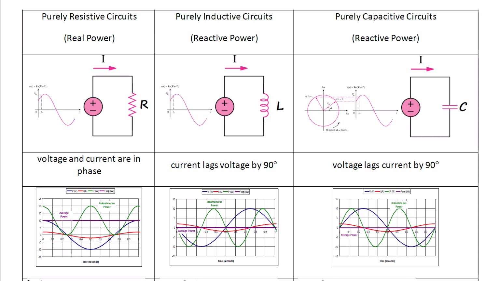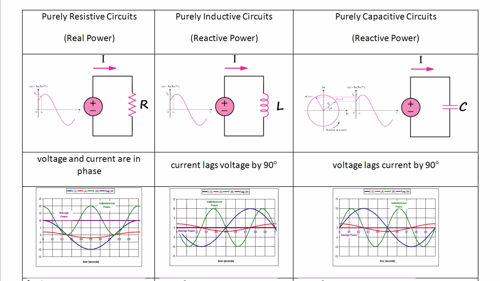resistor that the voltage and current are in phase, and p(t) is double the frequency, and the average power is a non-zero value. Next, if you plot the current, the voltage, the average power, and p(t) for an inductor, you see that the average power is 0, and that p(t) is double the frequency of the voltage and the